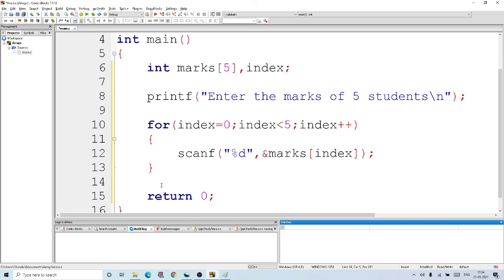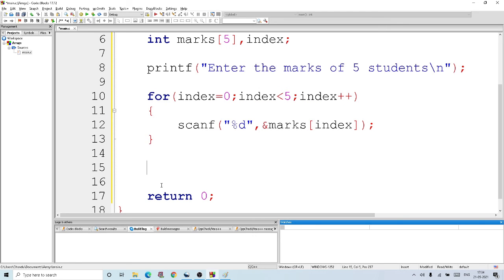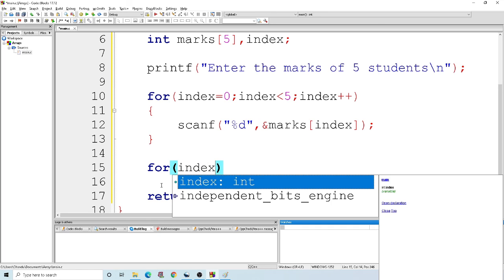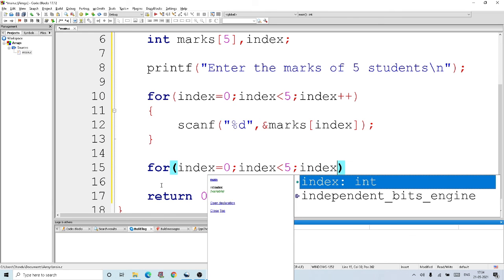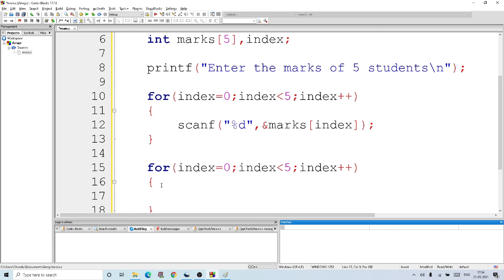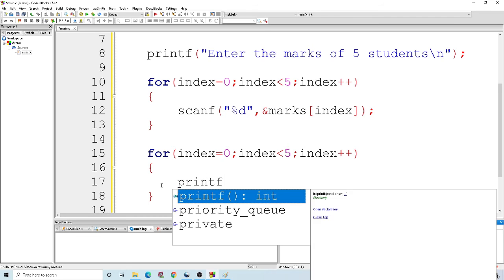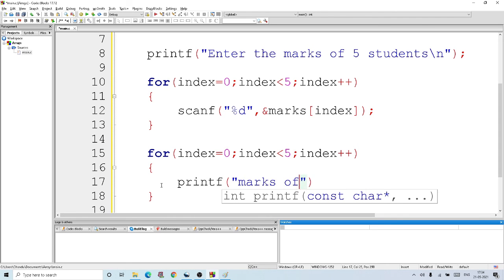Next, we can print the students' marks. Again I'll use a for loop. Let index start from 0, index less than 5, index plus plus. Now I'll print the marks of each student. Marks of student